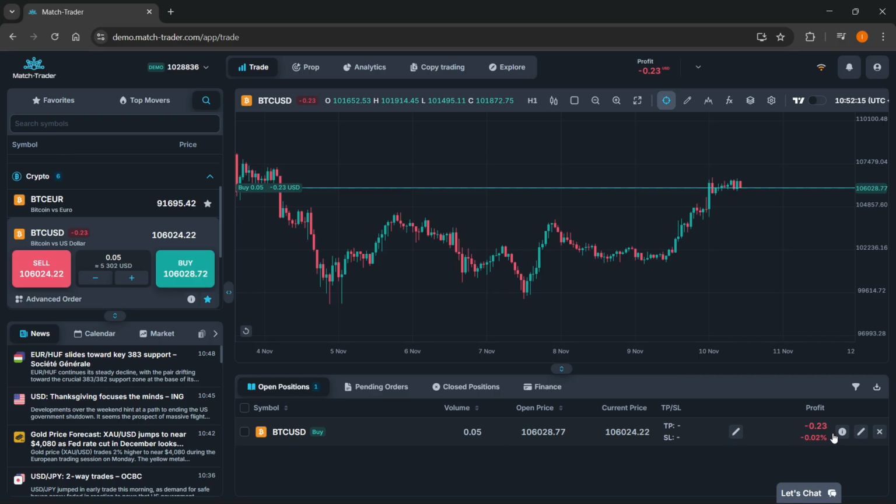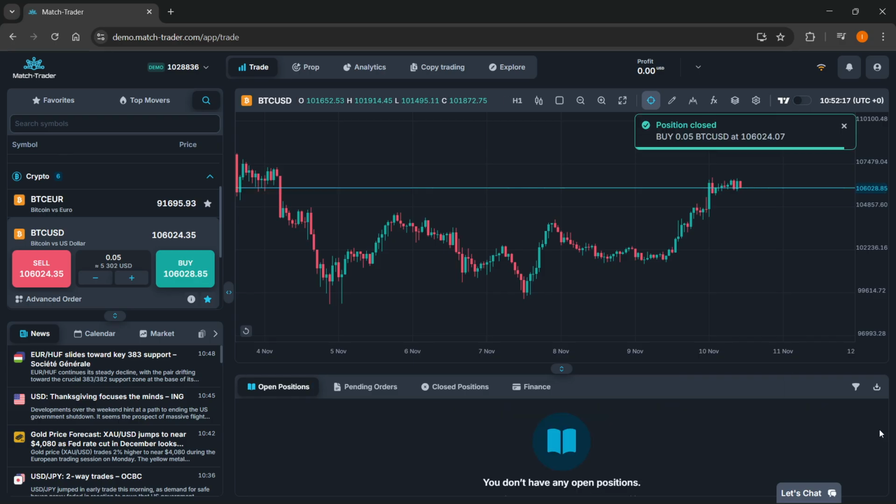Now, if you'd like to close it, you could go ahead and click on this button here, which will basically just close the position. And then if you want to be selling as well, you could do that too. Okay, so that's the easiest way to trade on